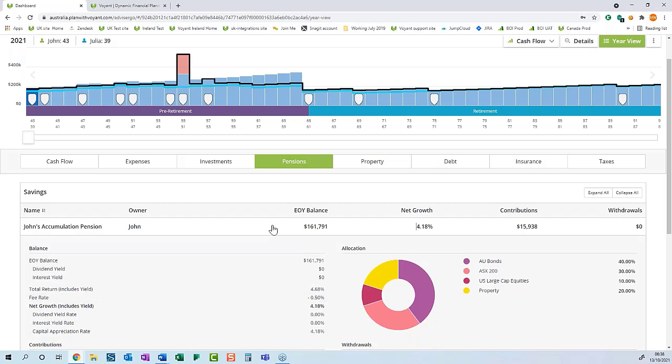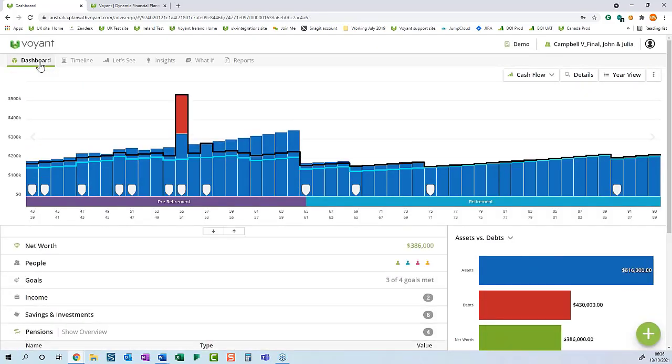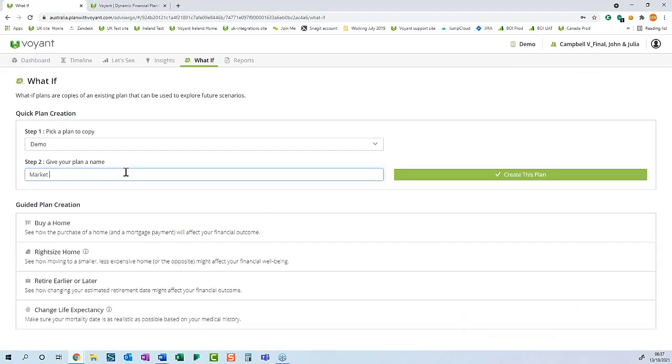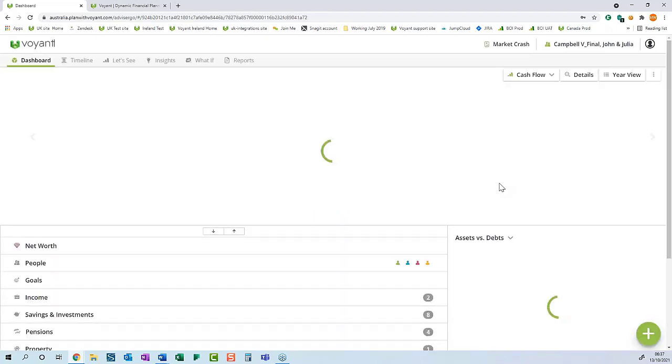Okay, so we've now set up our plan with at least one account using enter growth rate and one account, which is John's Super, growing by portfolio. What we're going to do now is create a what if scenario where we're going to do a market crash. There's actually two ways to do a market crash scenario in this system, and I'm going to show you the one using events